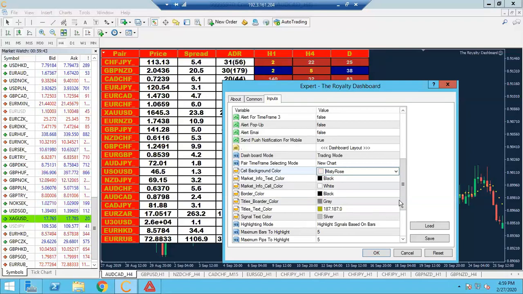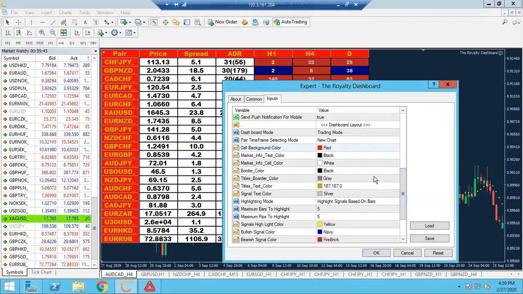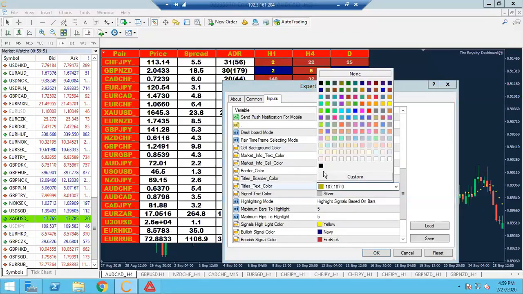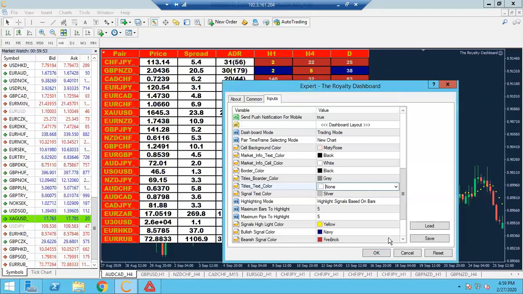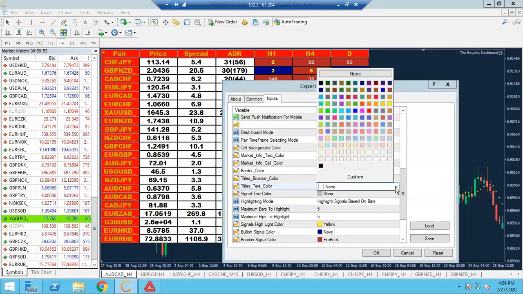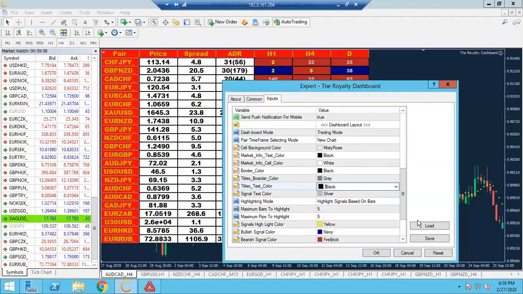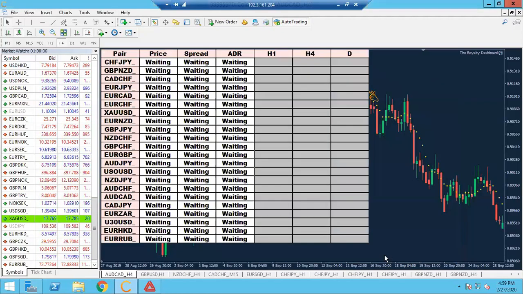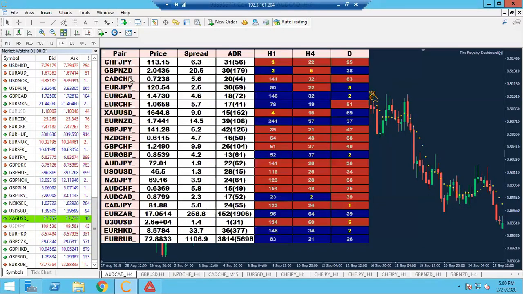Whereas yellow, we're going to change that to black. All right, so just playing around with it. But anyways,